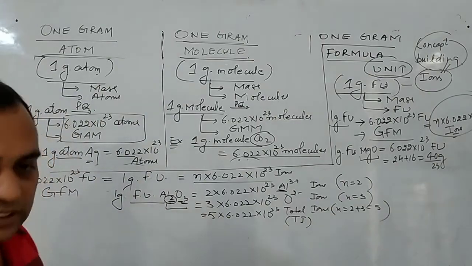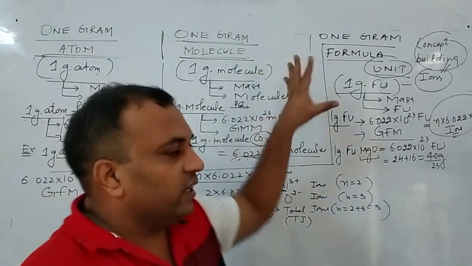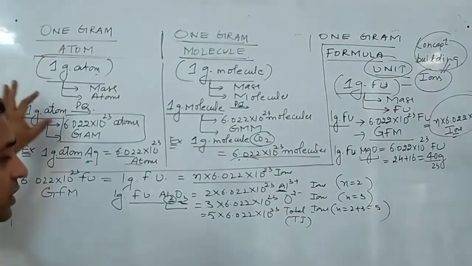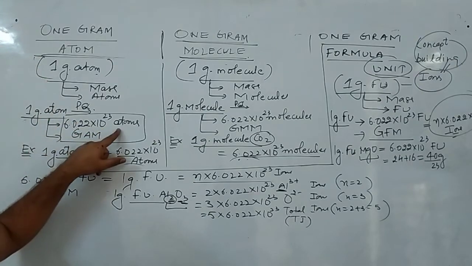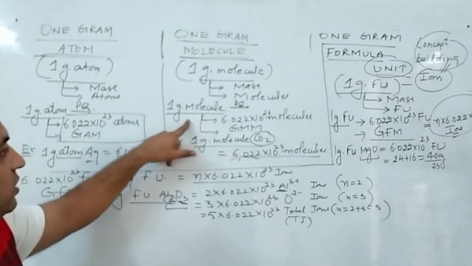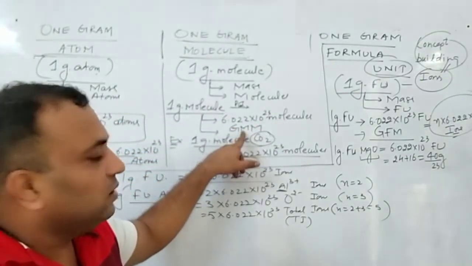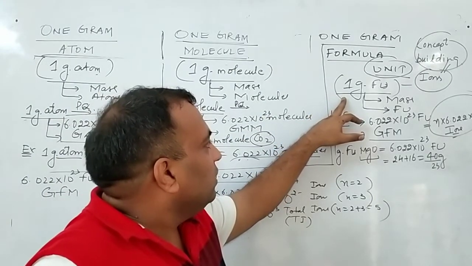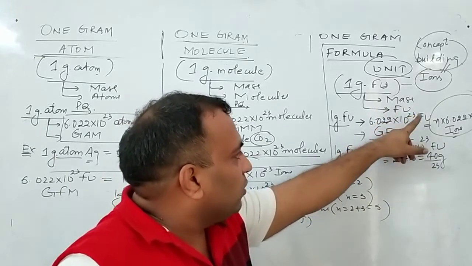So this is the concept regarding the 1 gram atom, 1 gram molecule, 1 gram formula unit. I just repeat it once again shortly, not in detail. 1 gram atom is the quantity which contains Avogadro number of atoms having the mass gram atomic mass. 1 gram molecule is a quantity that contains Avogadro number of molecules having the mass gram molecular mass. 1 gram formula unit is a quantity having the mass equal to gram formula mass, containing Avogadro number of formula